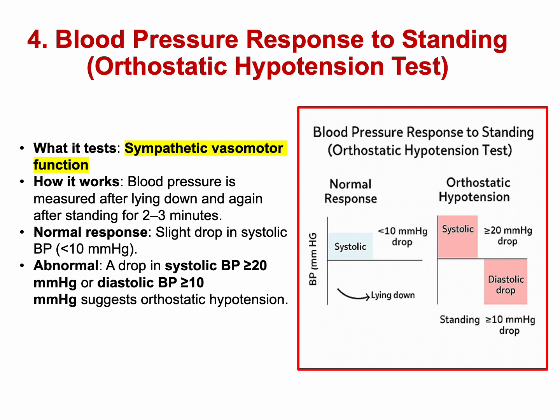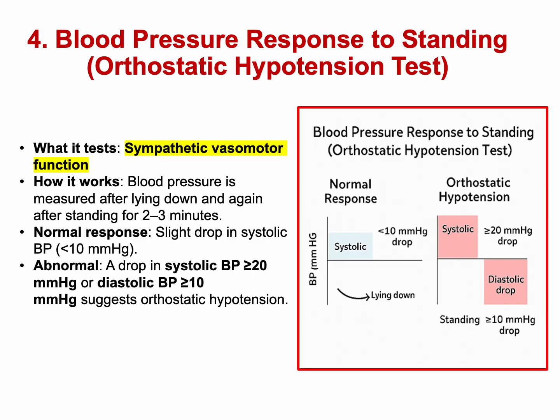Now, the fourth test is the blood pressure response to standing, or the orthostatic hypotension test. This test reflects sympathetic vasomotor function by comparing blood pressure lying down versus standing. A significant drop of equal or more than 20 mmHg systolic, or equal or greater than 10 mmHg